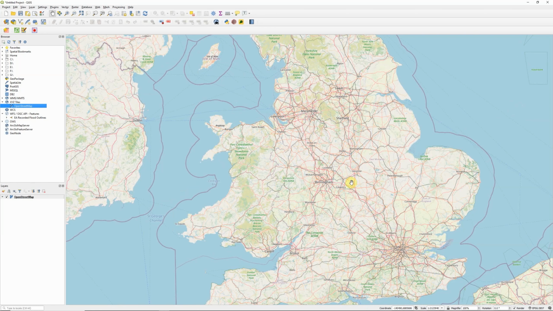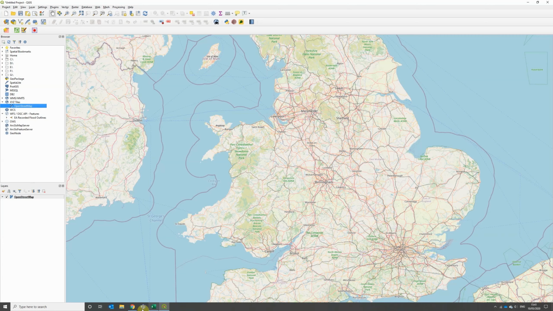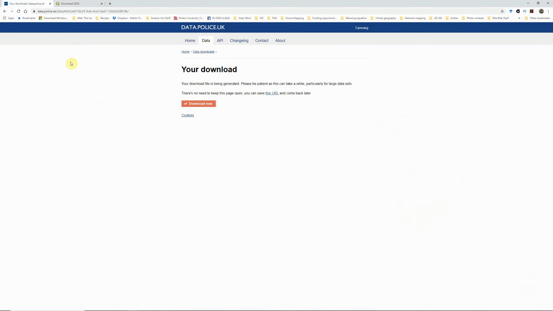So the next thing we're going to need is some crime data. What I'd probably recommend doing if you're going to run this as a practical is downloading the crime data in advance and providing it to your students already downloaded. Although obviously if they're working at home, then they might be able to download it themselves, and that might be just as easy. So the place that I'm going to go to for this is